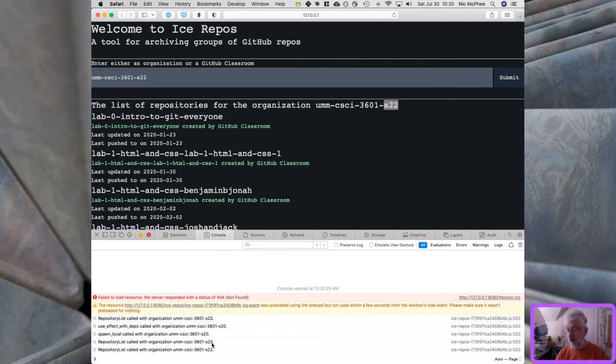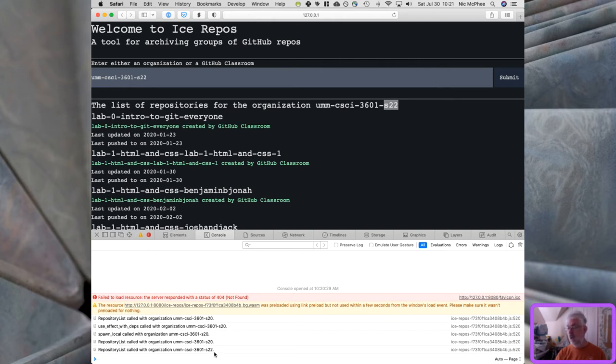Then it called repository list again with S20, and I think that's because all of the repositories got listed, and that changed the state, and so it did a re-render of the repository list, going from an empty list of repositories to, oh, we have lots of repositories,